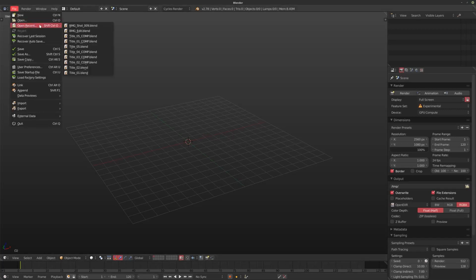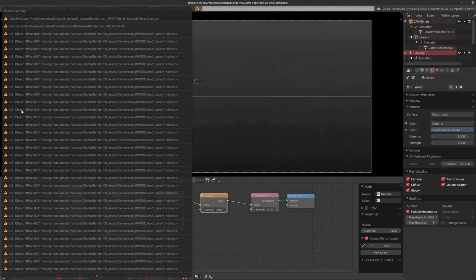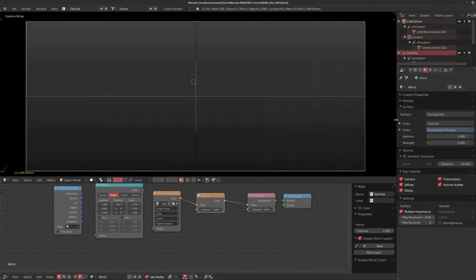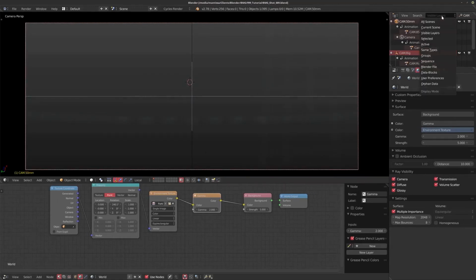Now I've got one of these previs files here, and the first thing that happens when I open it up is that it errors out a little bit. And I left this in on purpose because I wanted to show you something as well that sort of adds on to using library or using linked assets.